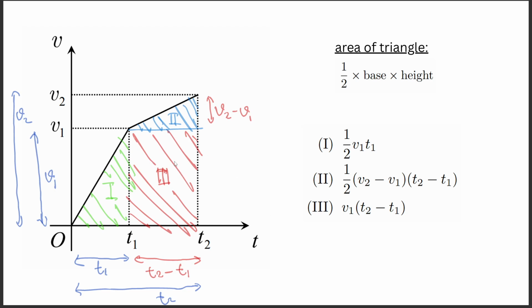And area 3 is just a rectangle. So the base is t2 minus t1 times the height, that is from O to v1, that is v1. So we can write t2 minus t1 times v1. So to find the distance is just the sum of all of these areas. So we sum all of these,